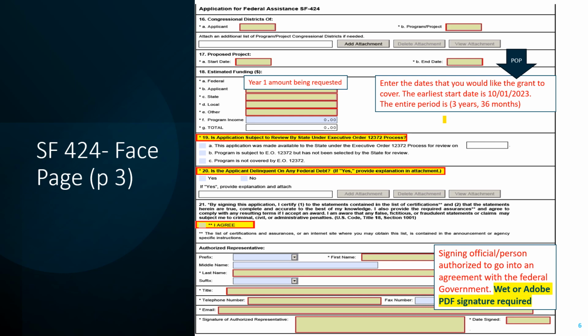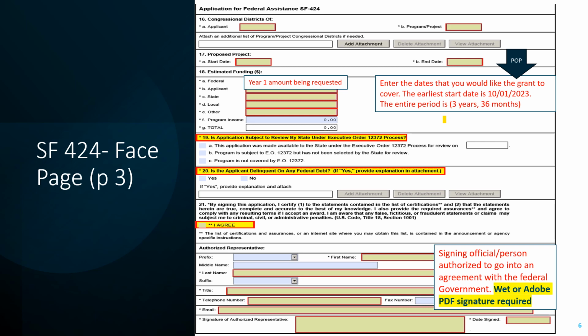If you were to select that start date, then your end date would be 3 years after that. So in that example, it would be 9/30/2026. As far as number 18, estimated funding, you are only going to be required to do the federal share